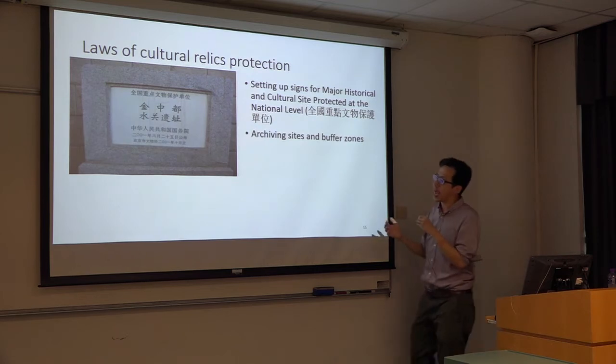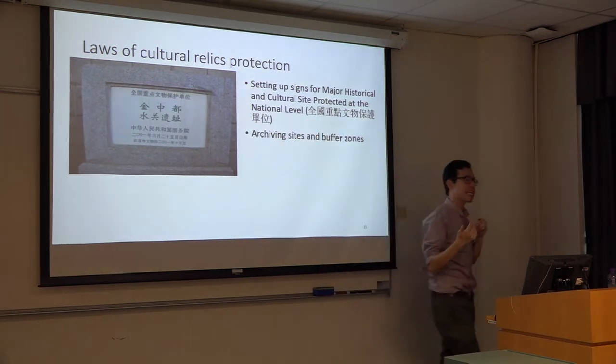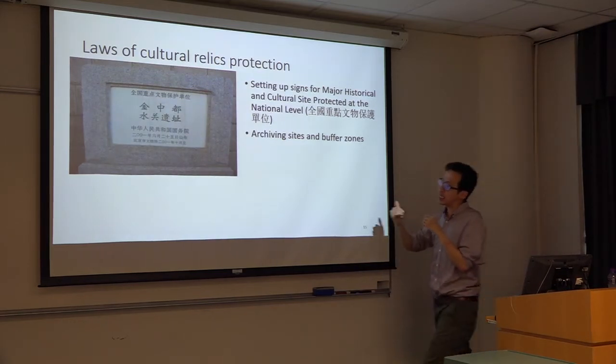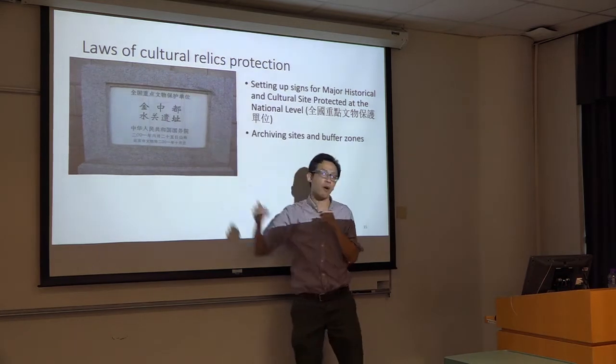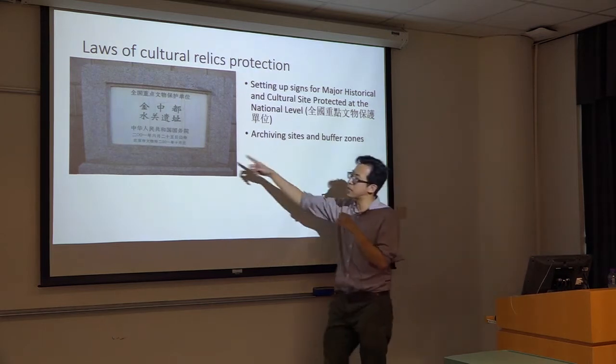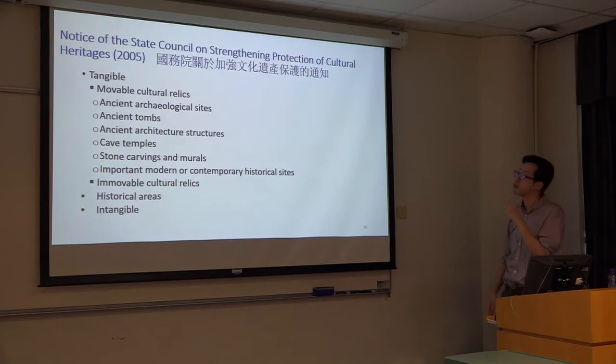If a site has been recognized or registered in the system, then we will see this kind of label to indicate the name of the site, the area of the site, or when the site was registered. And in 2005,